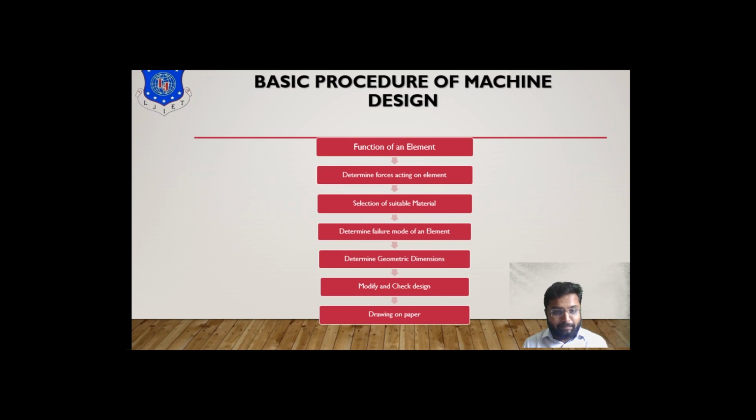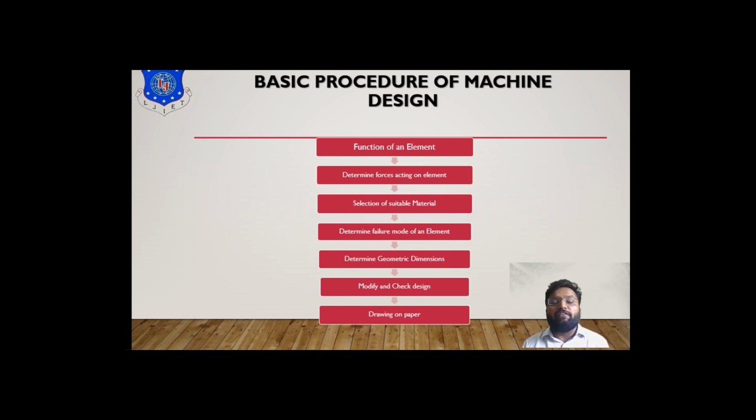what the function of that element is. You can know this function from the market and existing designs, or you can find it out from the requirement for your particular component or machine. So depending on the function, you can choose your element. If I am considering a piston to be designed, then I should know that it has to withstand compressive force as well as thermal stress. At the same time, it has to transfer power from one point to another without any failure.